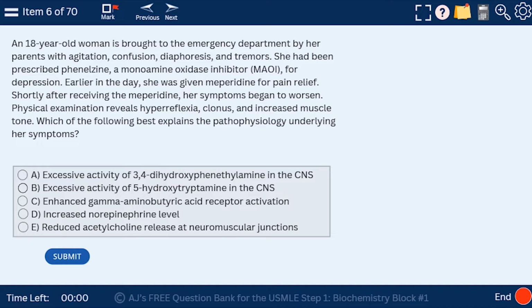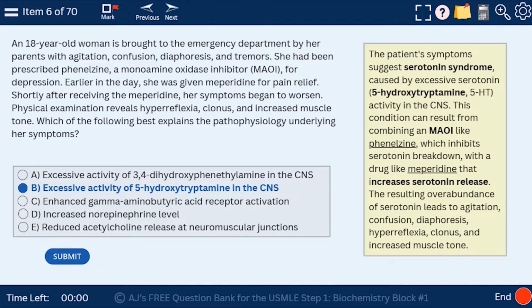Basically, her symptoms began to worsen, and she got hyperreflexia, clonus and increased muscle tone, i.e. she got serotonin syndrome. So what's the pathophysiology of that? And the answer is excess serotonin in the CNS. Remember, this 5-hydroxytryptamine is serotonin. So this is serotonin syndrome, and this is the famous case, you can read about that over here, but this